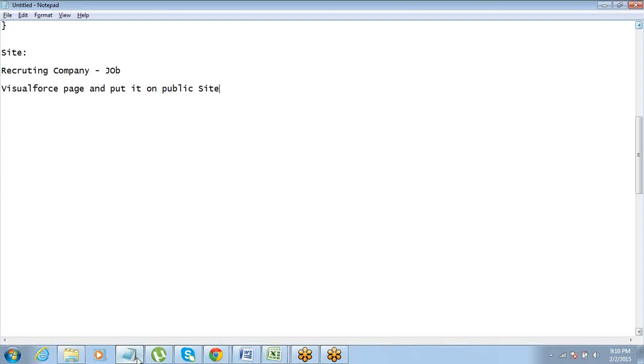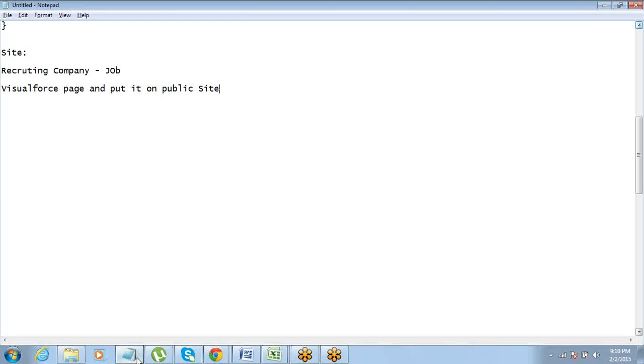Now, a public site is basically available through a URL. Anyone who has a URL can see that. The way we have our websites and all that stuff. So anyone who has my website domain can see my website, or anyone who has my web page link can see that. Alright. But to do this, I need one thing.